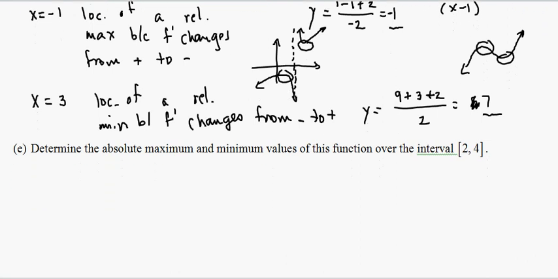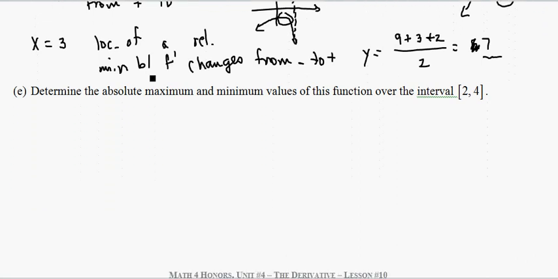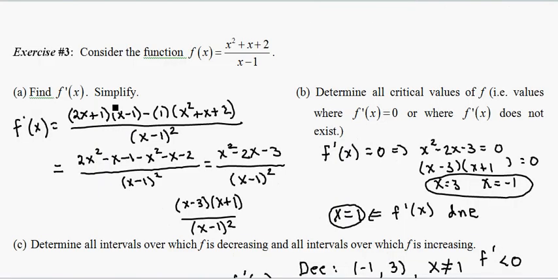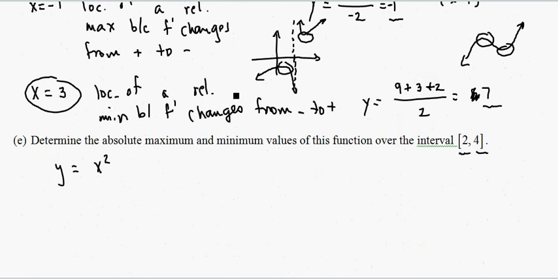Finally, let's do the absolute max and minimum values of the function over 2, 4. Well, remember, we know that those can only occur at x equals 2, x equals 4, or any critical values on that interval, the only one of which is x equals 3. So all we have to do in this problem now is take our function, x squared plus x plus 2, divided by x minus 1, and we just need to evaluate it for x equals 2, x equals 3, and